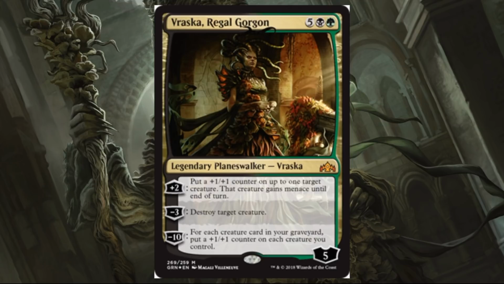Decks that are focusing on evasion or focusing on +1/+1 counters or something like that. Problem is, there's already so many better cards that exist. If you're talking about Commander, for example, that will do this type of thing just better. So throwing this in your deck maybe as a redundancy, casually it could be fine, but other than that, I